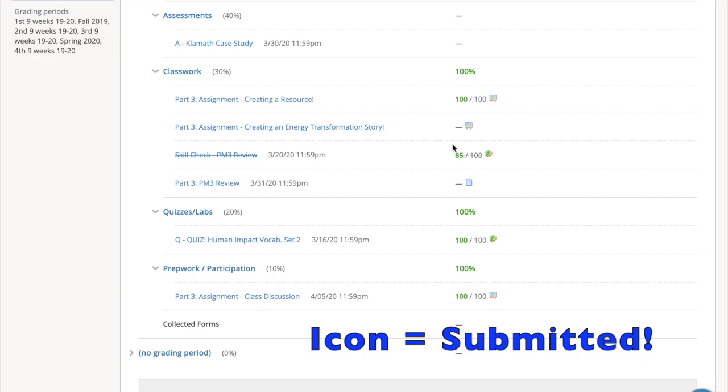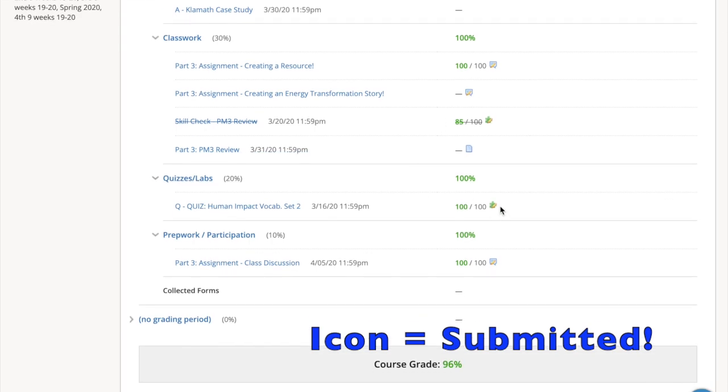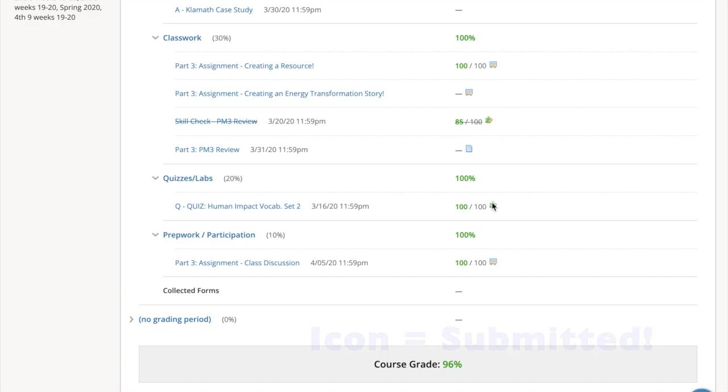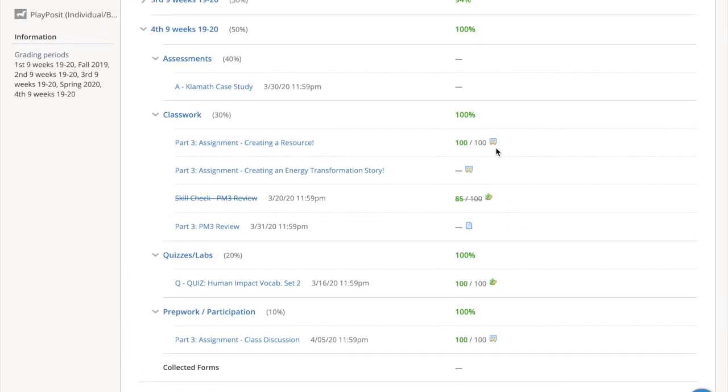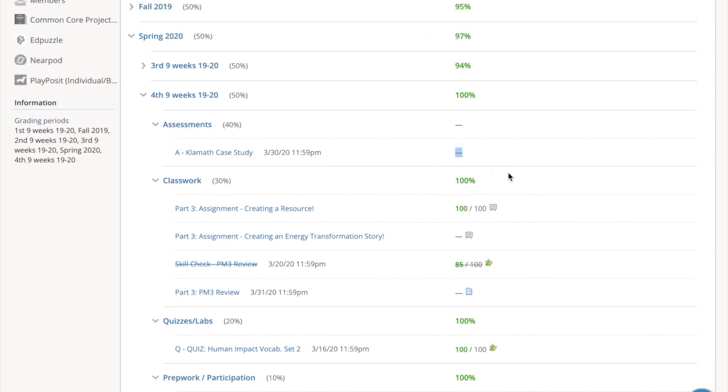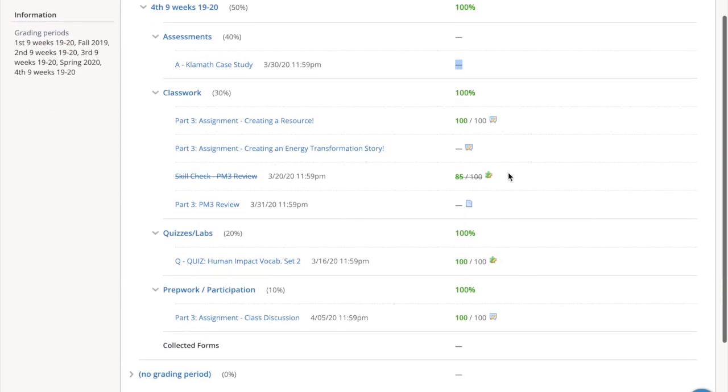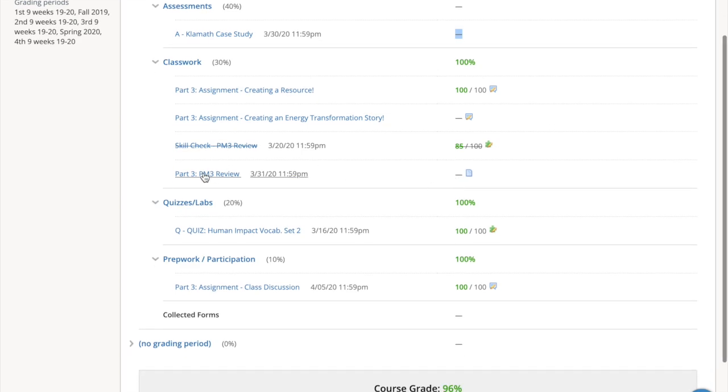And it looks the same if they had a test or quiz type thing. That icon with a little puzzle piece and a yellow pencil would be right there. Discussions look like blurbs right there. The blanks have not been turned in, and they have not been graded. This assignment,